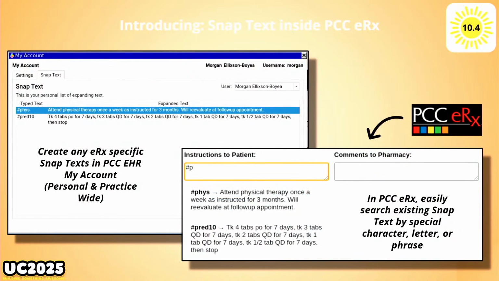If you find yourself typing out the same darn thing every time, make a snappy text. Just do it that way. A little snappy snap, you know, nice and easy. And then when EPA comes, you'll be able to have snap text for responses for that kind of stuff. So we are super pumped about this one.